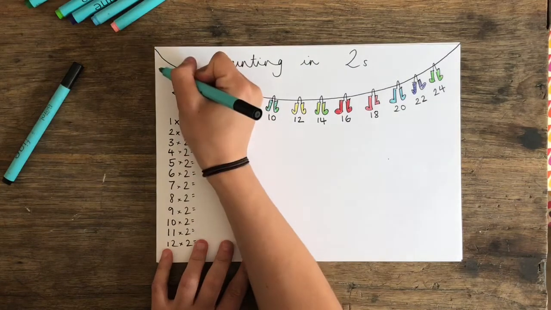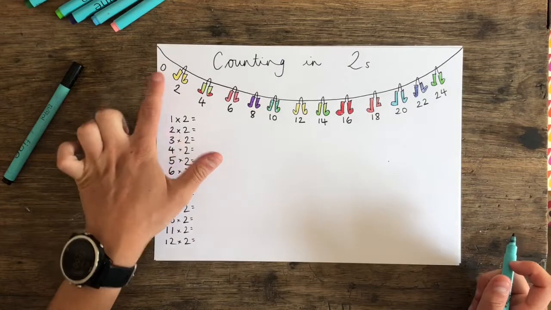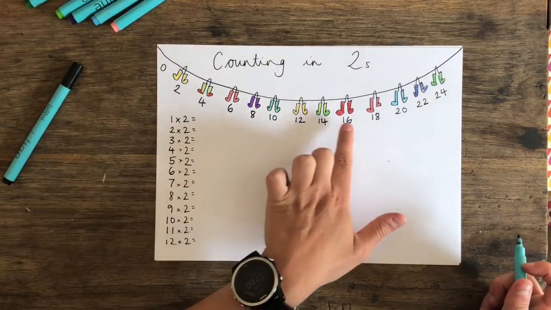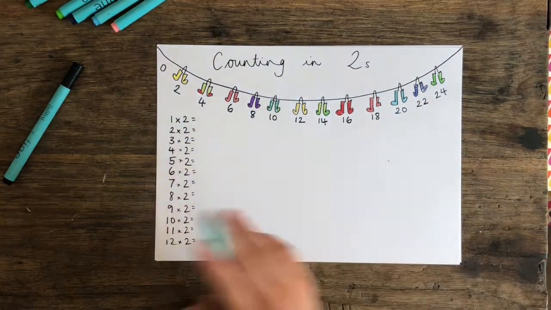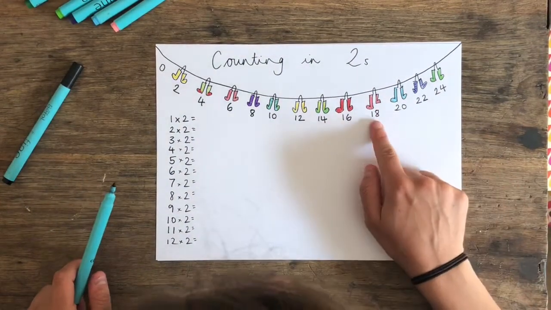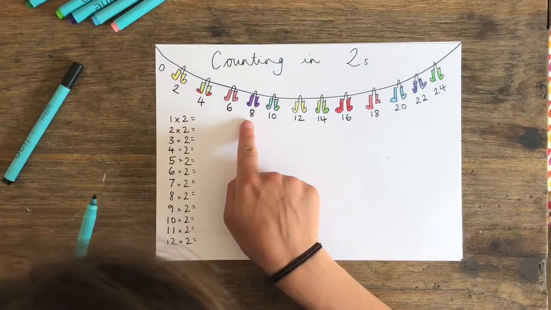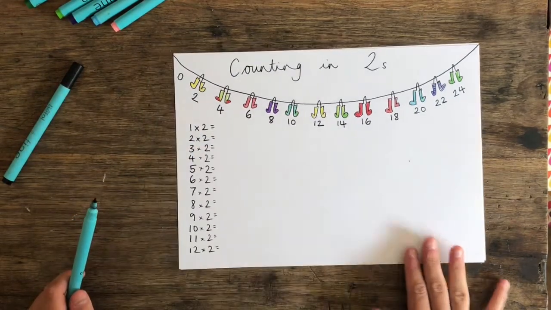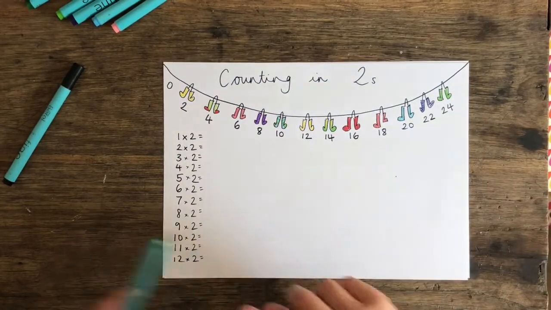Okay, but we're going to start here because we always start with 0. Look, there's no pegs there. 0, 2, 4, 6, 8, 10, 12, 14, 16, 18, 20, 22, 24. That's counting upwards. Let's count backwards. 24, 22, 20, 18, 16, 14, 12, 10, 8, 6, 4, 2 and 0. Well done. So these are all our pairs of socks hanging nicely on the washing line with some beautiful weather